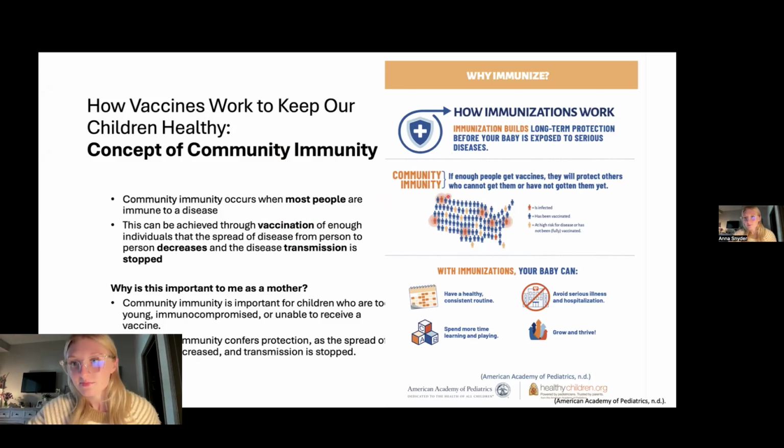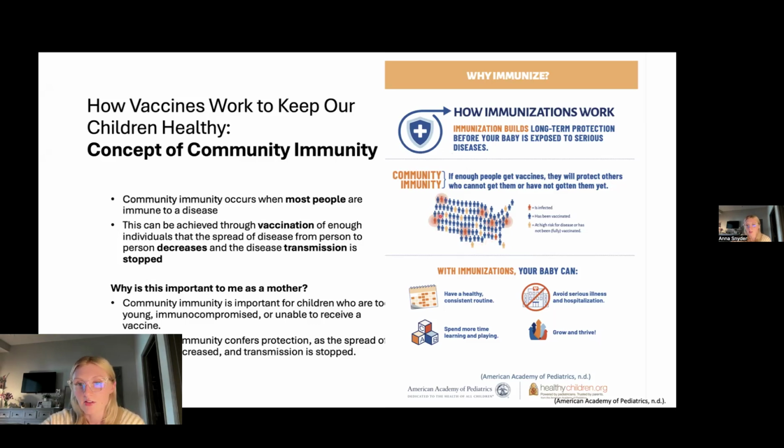And this image here on the right might help you to understand this a little more. So the blue individuals are individuals who have been vaccinated, and then the red individuals are individuals who are infected with the disease, and then the yellow are individuals at high risk for the disease, or they've not been fully vaccinated. And so in this community